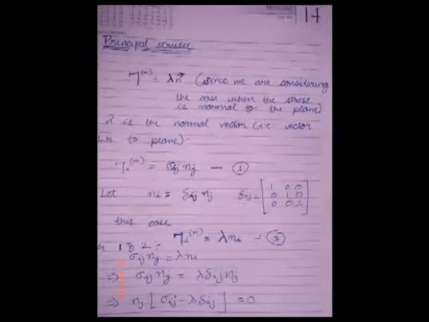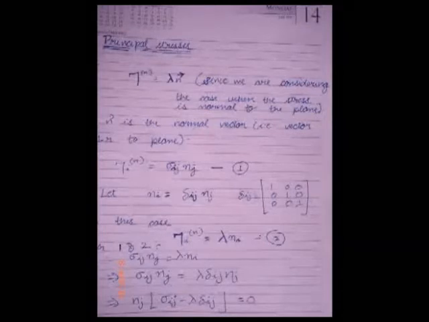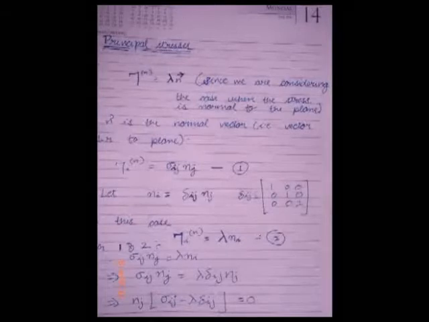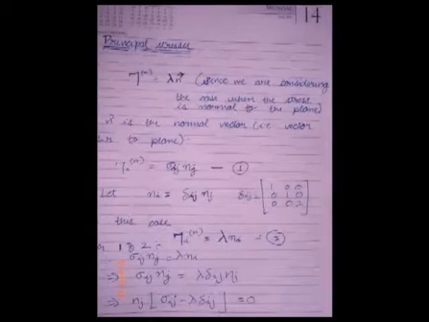So we can write our tensor, which is denoted by a capital gamma sign, as lambda n vector. Here lambda is nothing but a scalar quantity, but in this case it is going to be the principal stresses, because we are considering only those planes where the stresses are only in the perpendicular direction to the planes considered. And in a general way we define our stress tensor as gamma i is equal to sigma ij nj. Now nj gives us a direction, of course, as we know that in sigma ij, the j subscript denotes the direction of the stress acting.